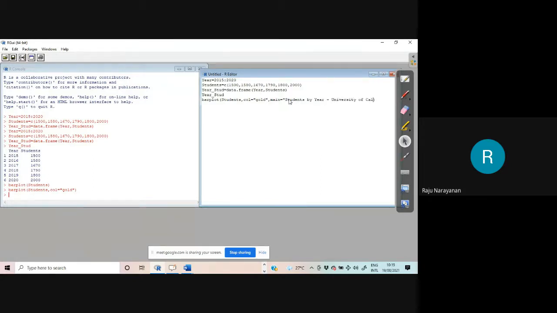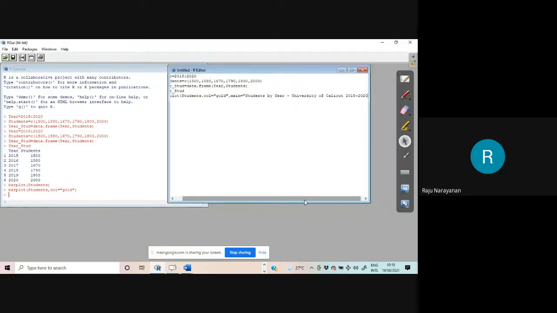For every table and graph there must be a title. Otherwise, how can you know for what purpose you have developed these things? And I have to close the inverted comma also.